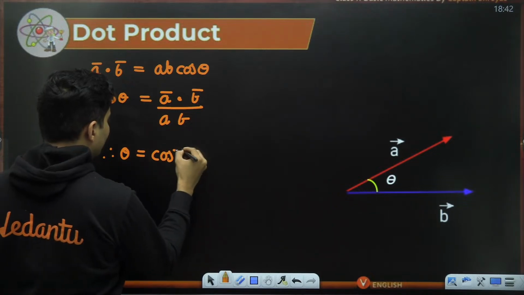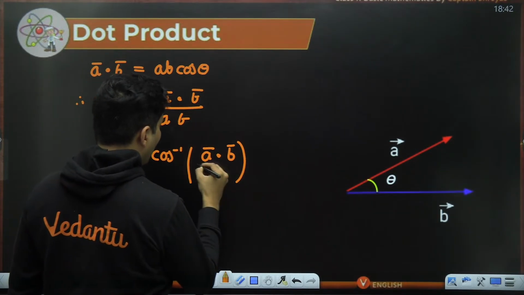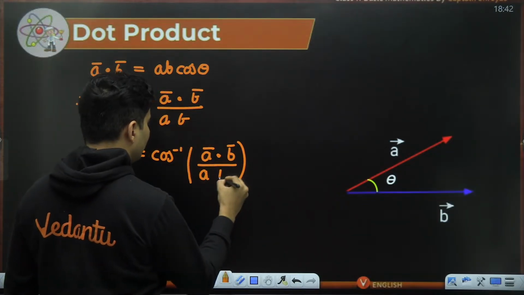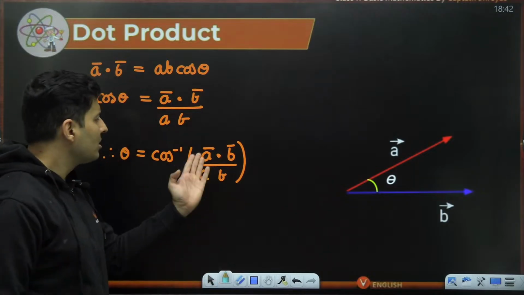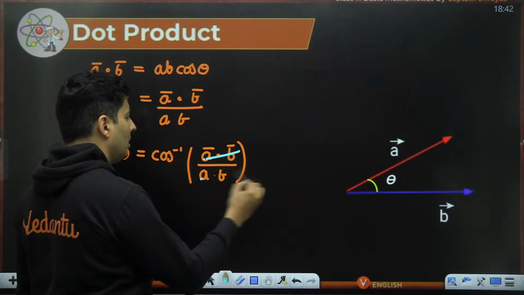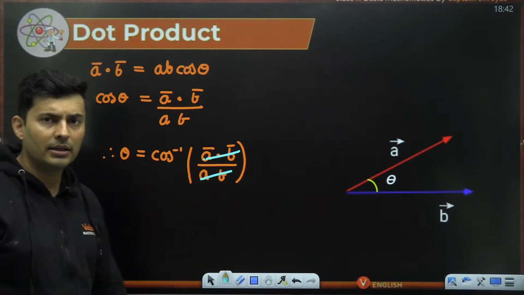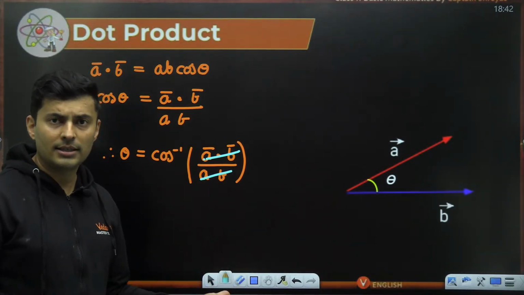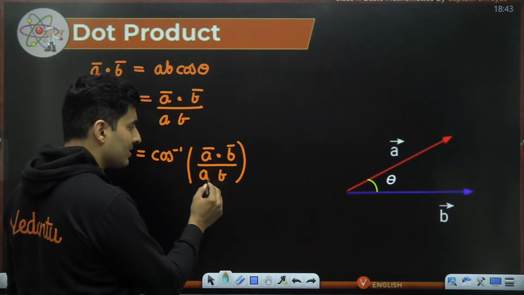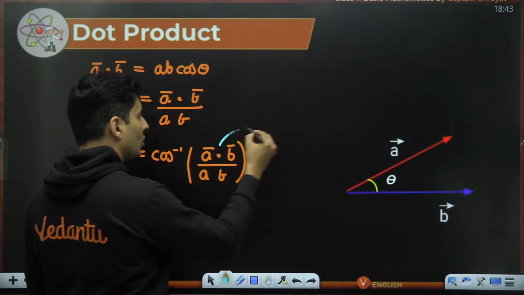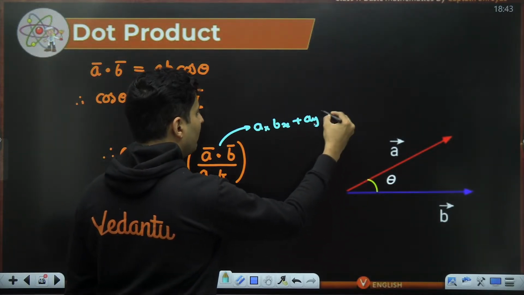Theta is cos inverse. You first find A dot B separately, and in the bottom you multiply the magnitudes of A and B. So understand the difference. A lot of people think, sir, A into B, A into B, AB and AB will cancel, cos inverse of 1, which is 90 degrees, 0 degrees. Is that the answer? No, no, no, you cannot do that. See, this is dot product of vectors. This is just simple multiplication of scalars. So on the top, this is nothing but like saying AX, BX plus AY, BY